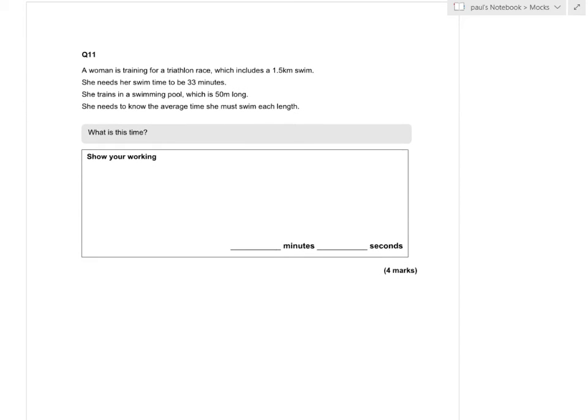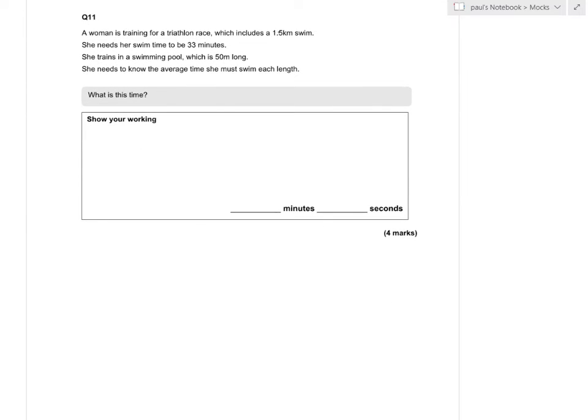A woman is training for a triathlon race, which includes a 1.5k swim. She needs the swim to be 33 minutes long. She trains in a pool which is 50 long. She needs to know the average time to each swim. So